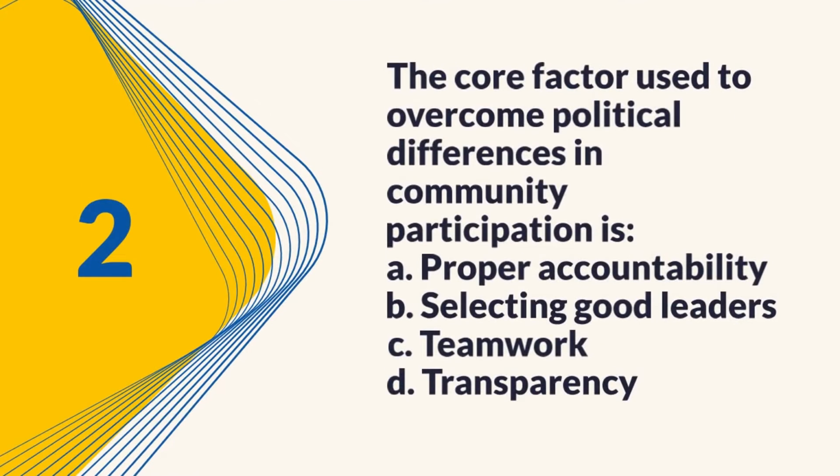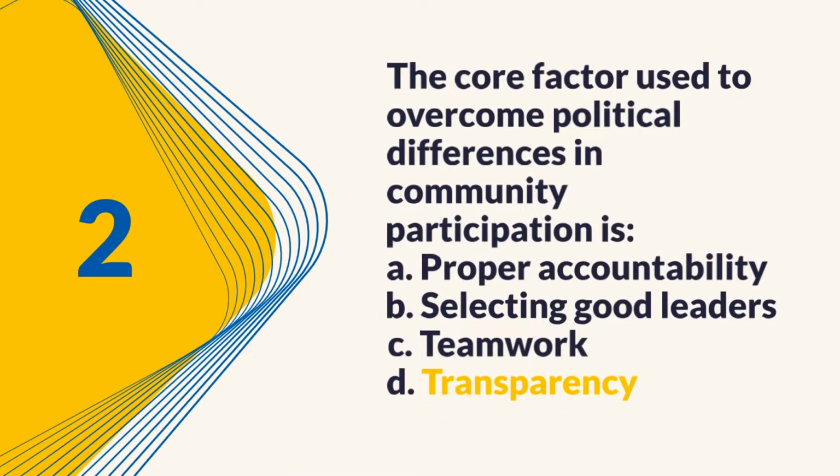2. The core factor used to overcome political differences in community participation is A. Proper accountability, B. Selecting good leaders, C. Teamwork, D. Transparency. Answer is D. Transparency. I hope you got that one, although dealing with political differences can be